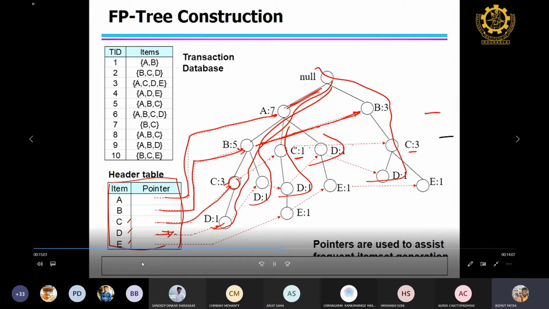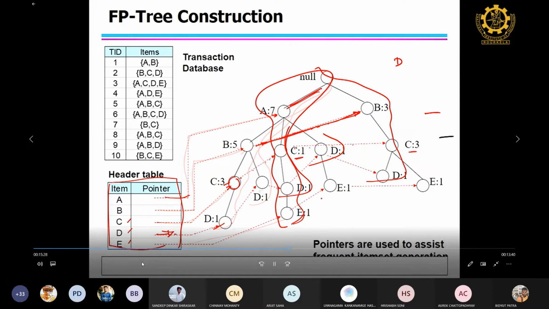the tree will be very complex. Now if I want to find the frequent item sets with, let's say, D, so D and its supersets, then what I should ideally do is go to D, wherever D is ending, and then search only those paths. So let's say E, I will start from E, go from here to here, and then I will search here and so on. That we will discuss next.